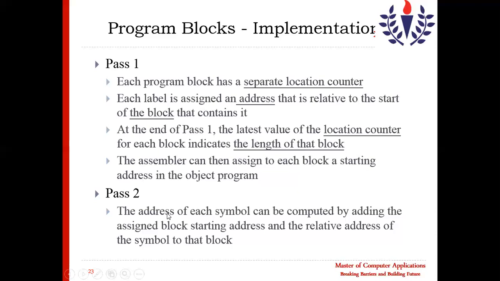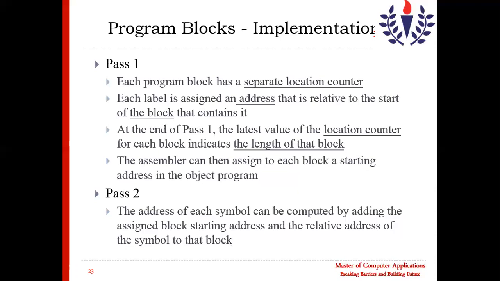In pass two, the address of each symbol can be computed by adding the assigned block starting address and the relative address of the symbol in that block. Whatever symbols occur in a block generated in pass two, the address of that symbol will be added to the starting address of that block.